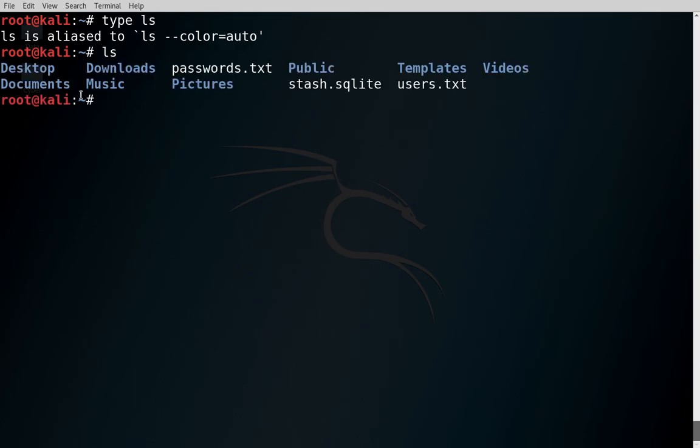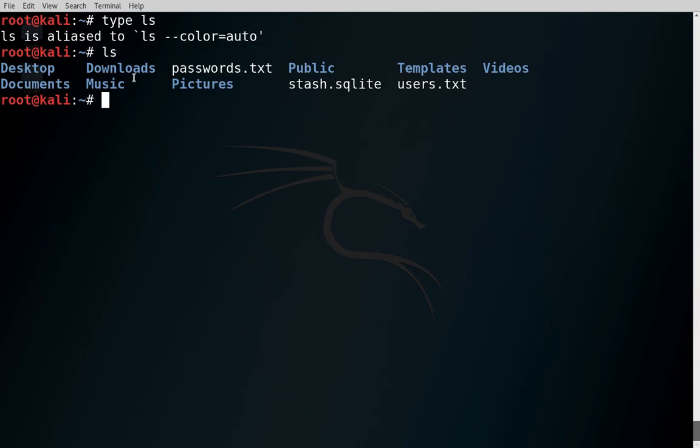Let us type ls, and you can see there is a different color for Desktop and Downloads than for the password and these other files, right? So if you have a directory or a simple plain file, maybe it is .c or .c++ or .py or .sh, colors are dependent on those file types, and this parameter is responsible for that.